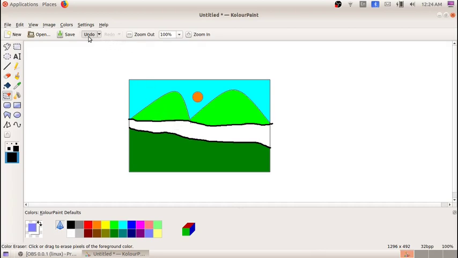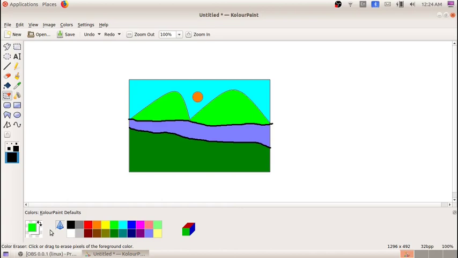Now I will show you one more time. Suppose I want to erase this green color in the hills. What do I have to do? Yes, I have to select that green color from the color palette.